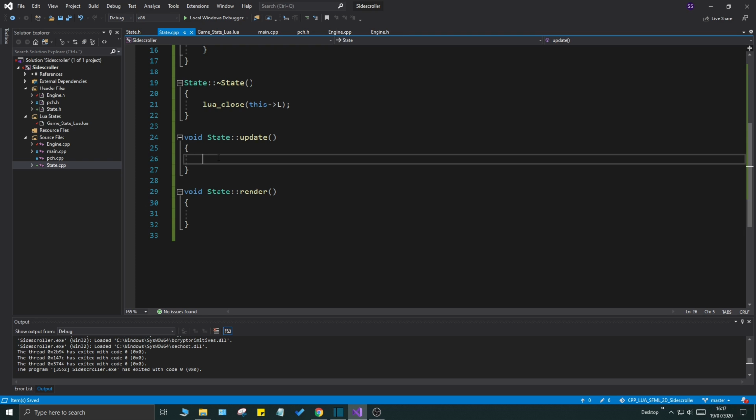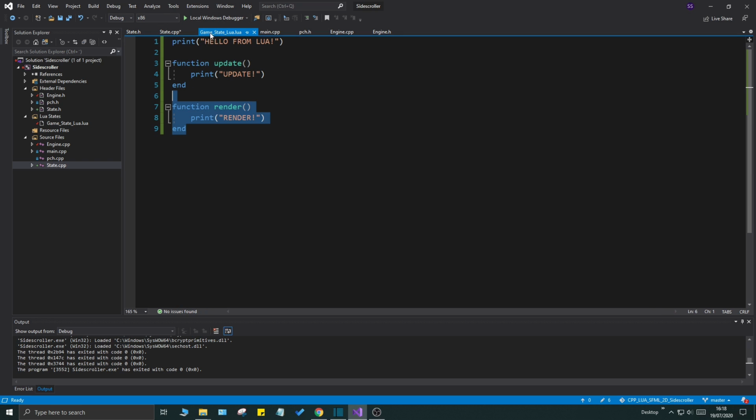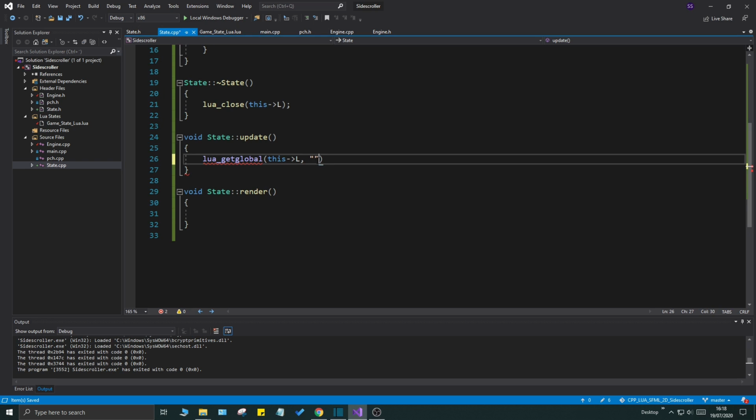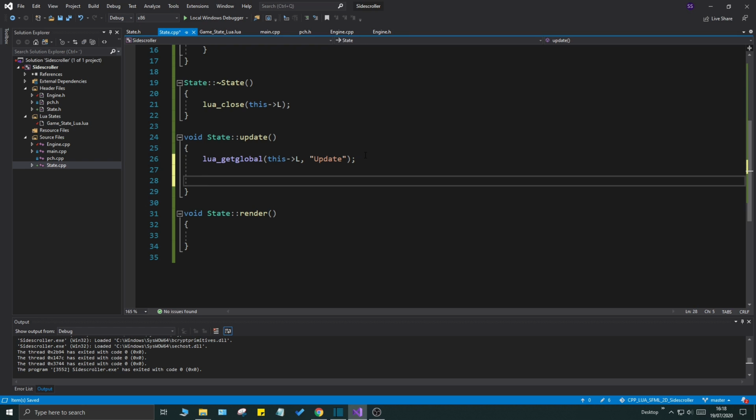First of all, we need to put it on the stack and make sure that it exists. So we're going to do lua_getglobal, this L, and here it's very important to remember the name of the function. If you have a capital letter here, we're going to use capital letters. You need to make sure it's exact. So I'm going to do Update, not update with a small letter, but with a capital letter. Once you do that, that will be pushed onto the stack,